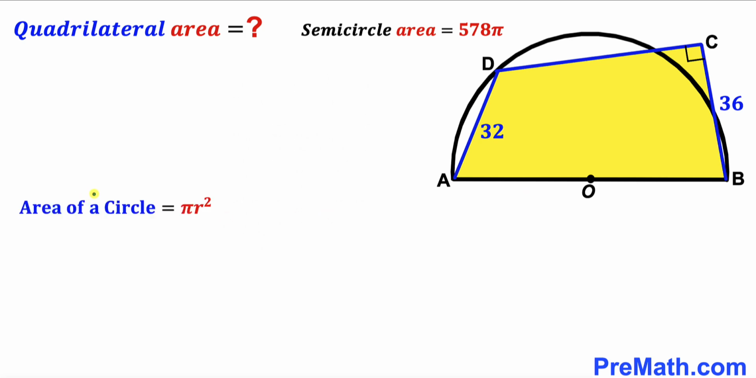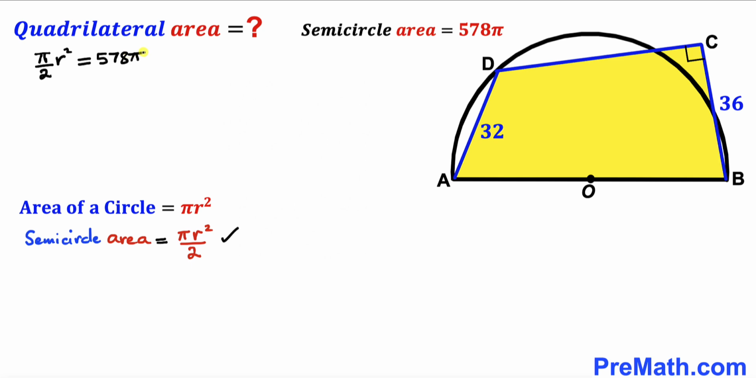And now let's recall the area of a circle formula. Area equals pi r squared, where r is the radius. And since we are dealing with this semicircle, the semicircle area is going to be pi r squared divided by 2. And the area of this semicircle has been given to us as 578 pi. So let's go ahead and fill in the blanks in this area formula. So we are going to have pi divided by 2 times r squared equal to